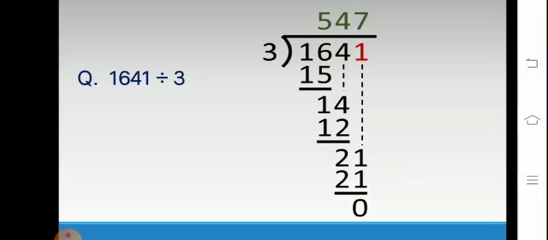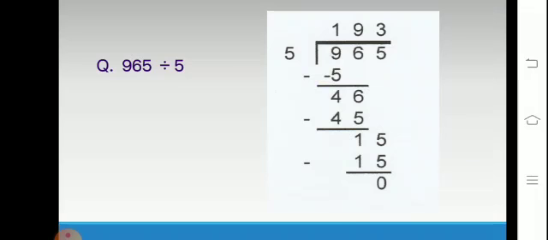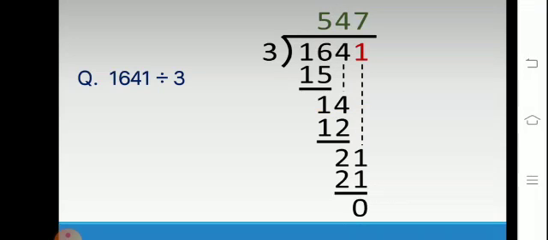Similarly, the second example, 1641. We want to divide it by 3. So just see the first two digits, because 1 is a very small digit. You see whether the two digits are in the table of 3 or not. Yes, there is 15 in the table of 3 at the place 5. So 3 fives are 15. You write 15 here. Just subtract 15 from 16. You get 1, and digit 4 goes down here.